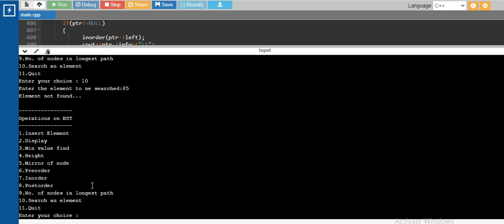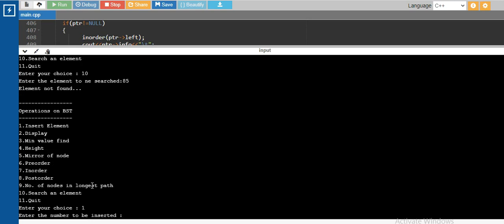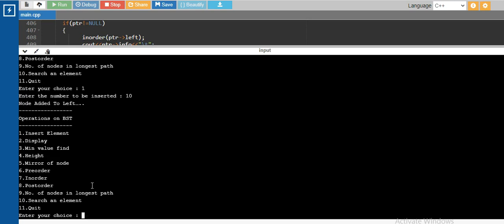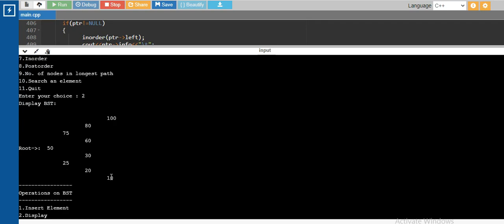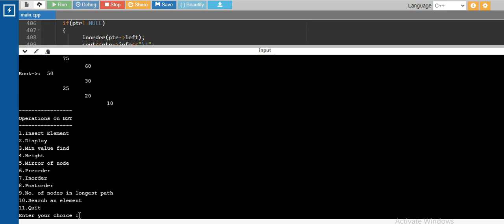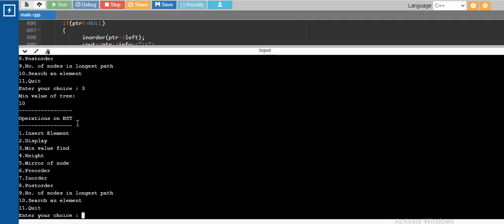And now for example, again if I want to add one more node, the node I want to insert is 10. So the node is inserted, and if I want to display the tree, you can see how the tree is displayed like this, right? So that is correct. And if I mention over here that now I want to find the minimum, so the minimum is now changed and it should be 10. So you can see that the minimum value printed is 10, right?